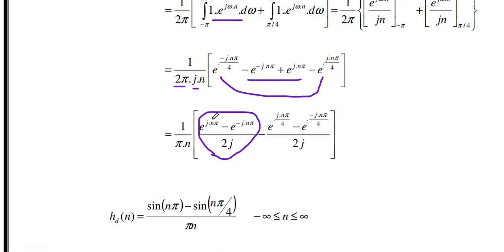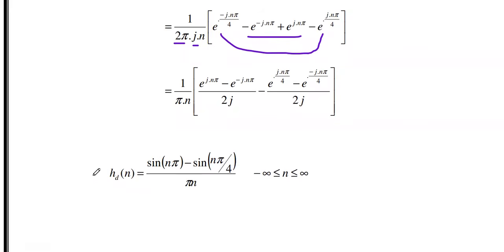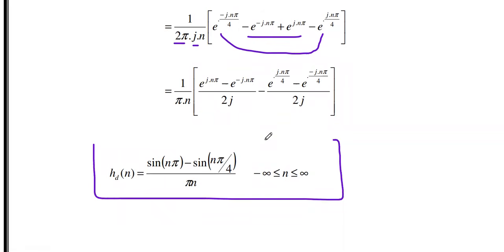So in the place of theta, which one is available? n pi. So instead of this term, we can write sine n pi. Similarly, instead of this, we can write sine n pi by 4. So the center one has a minus. So hd of n is equal to 1 by pi n, sine n pi minus sine n pi by 4. Okay, so this is our desired impulse response, and this impulse response has values for n between